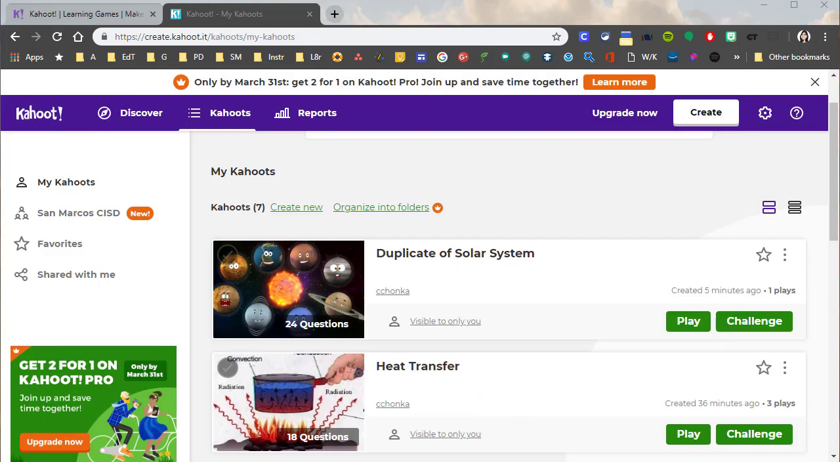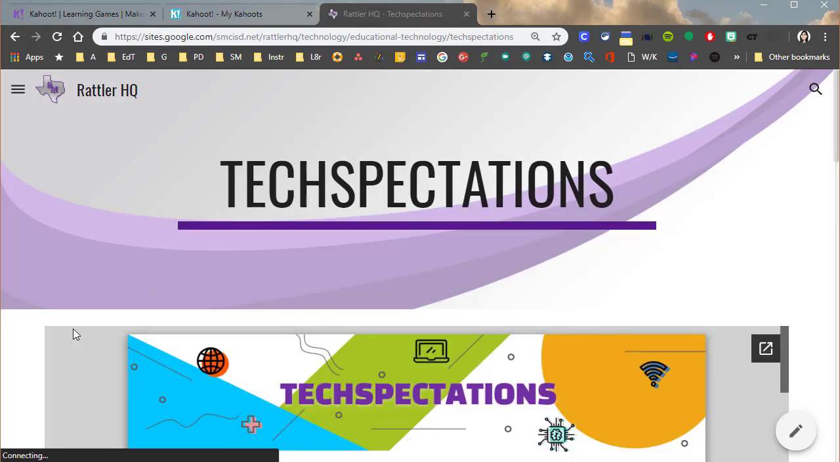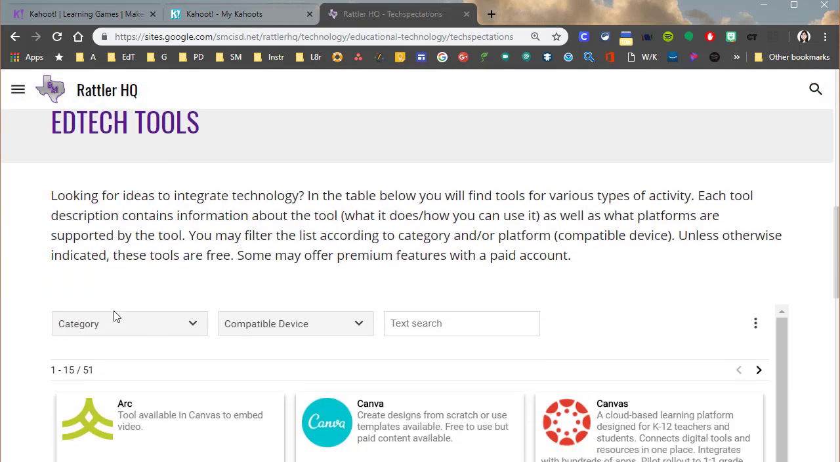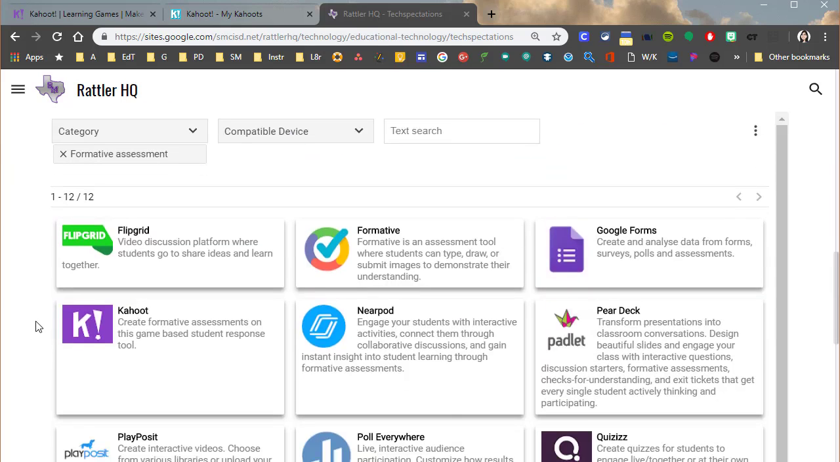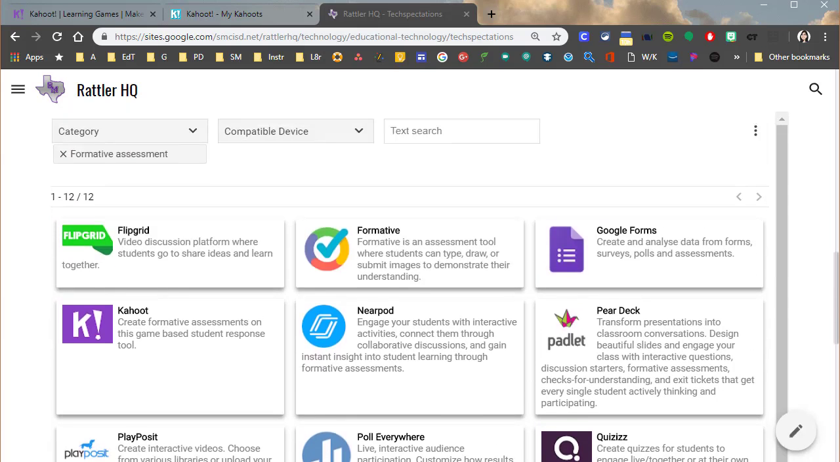A few words of caution, you don't want to overuse Kahoot. Your kids can get tired of it, so mix up your formative assessments with other activities. In SimMarcus, you can check out our Tech Expectations page on Rattler HQ to get some ideas of other things that you can try for formative assessments. Scroll down to the section called EdTech Tools and change the category to Formative Assessment. And we have about 12 in there so far that you can look through